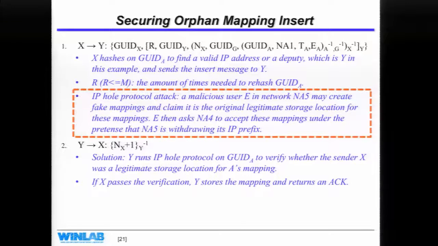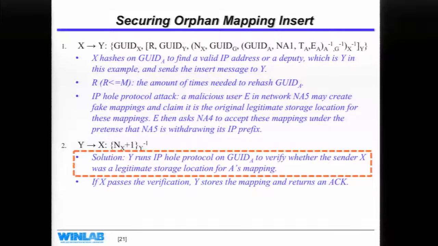Then, if Y does not do any verification and just accepts those mappings blindly, first, it consumes its own network resources. Second, later it may provide those fake mappings to other users who make a query. So to prevent this attack,